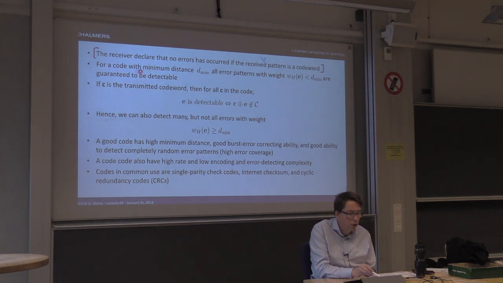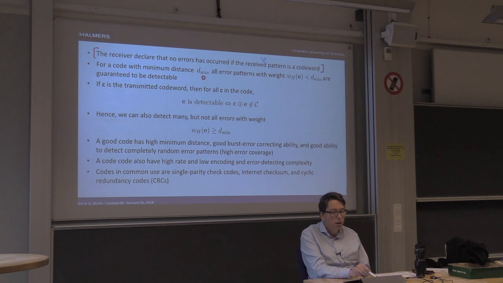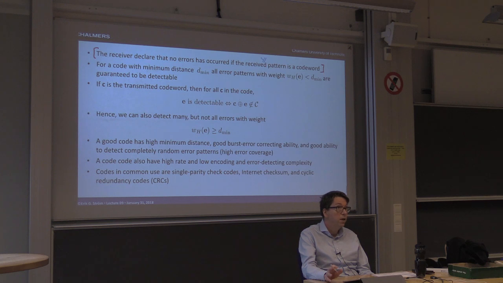Now, for a code with minimum distance d-min, it's easy to show that all error patterns with weight less than d-min are detectable. So we will always find these errors. Note that there is a strict inequality here. And remember that the weight of the error pattern is the total number of errors that have occurred in the code word. So if the total number of errors is less than d-min, we are sure to be able to detect those at the receiver. That's why having a high d-min is preferable, because then we can catch